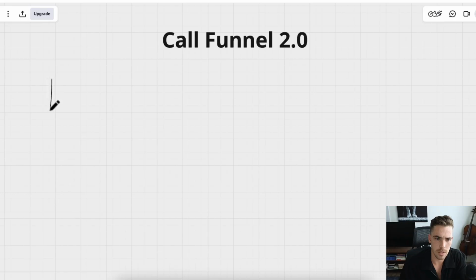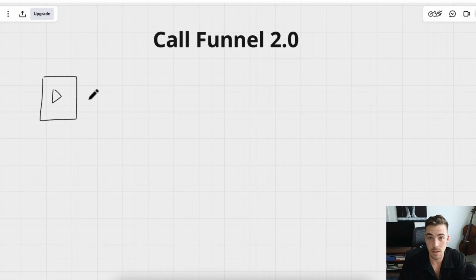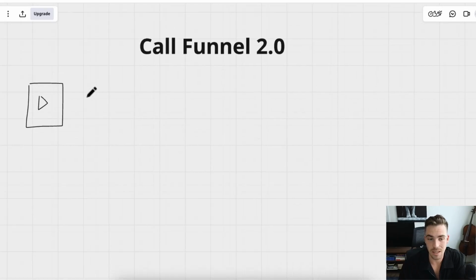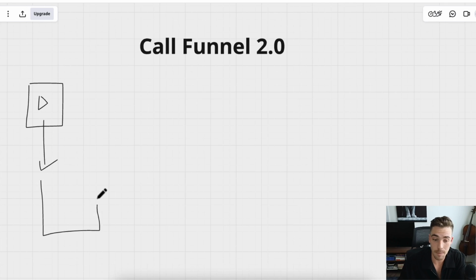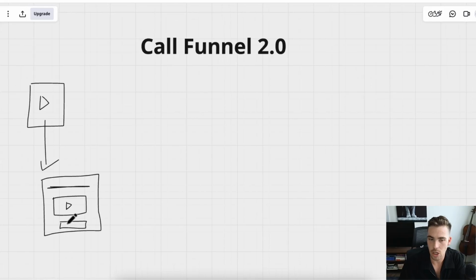where someone sees an ad, either an image or a video ad. Nowadays, a lot of people are using video ads because they build a lot of context before they click. And then when they click on that ad, they land on either an opt-in page or just a page without an opt-in, where there is a headline, a VSL with the video, and then usually a button below that leads to an application that they would fill out